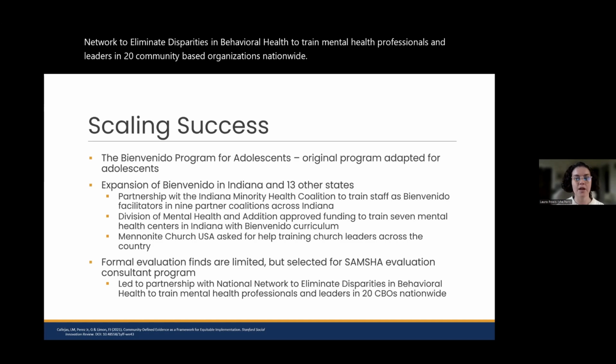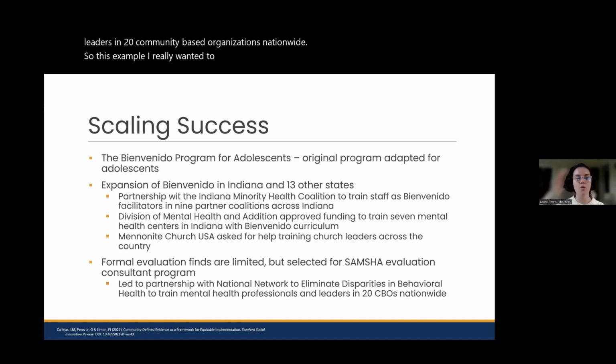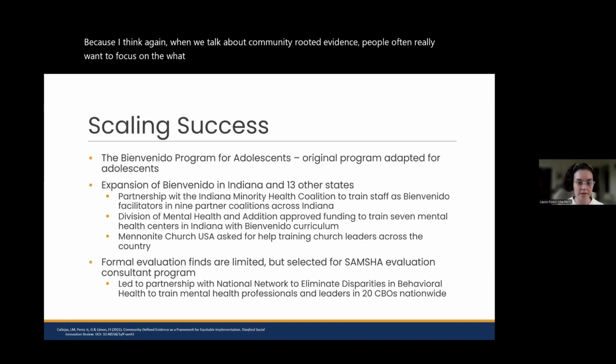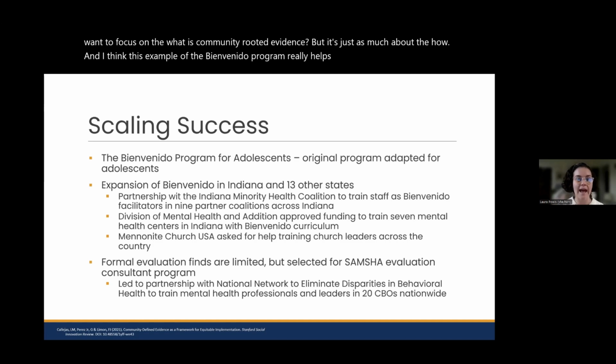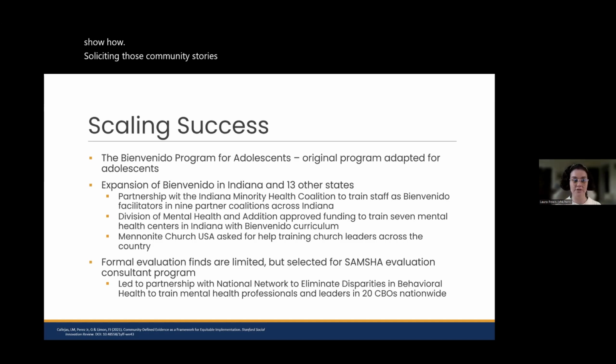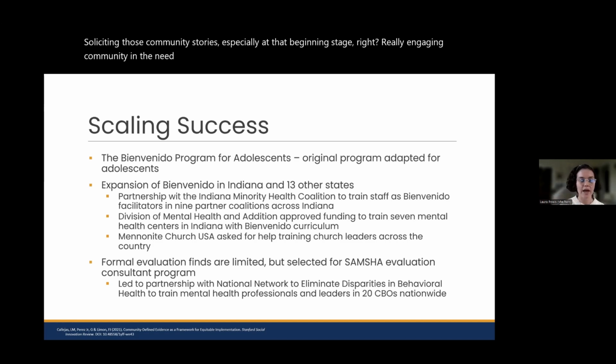So this example, I really wanted to walk us through the whole timeline and process, because I think, again, when we talk about community-rooted evidence, people often really want to focus on the what, like what is community-rooted evidence, but it's just as much about the how. And I think this example of the Bienvenido program really helps to highlight the how, helps to show how soliciting those community stories, especially at that beginning stage, really engaging community in the need identification process,